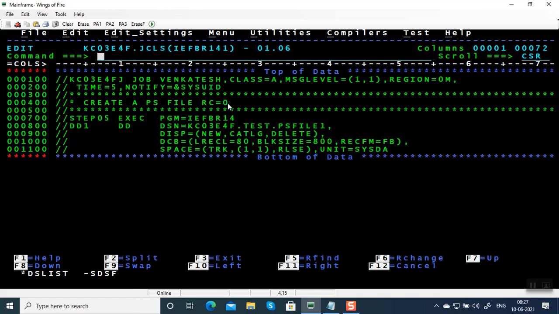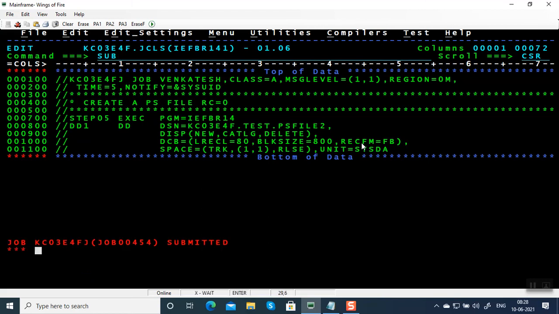So we saw some abends by giving an incorrect program name. We got S806, which means load module not found, and we introduced some JCL errors. Okay, probably I'll introduce one more. I'm going to remove this equal to. This is also a JCL error. Before that, let me change the file name because this file is already there. So let me change this file name and submit.